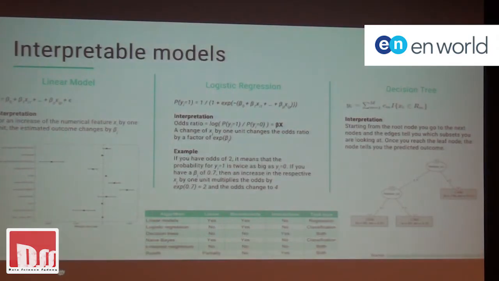Here's just a bit of a summary of some of the models that I guess you class as easily interpretable. So you'll see they have a lot of features, things like monotonicity, of course whether they're linear, and obviously whether they work for regression, classification or both. So these are the popular ones. I'm sure there are other models out there, but these are ones we're probably all fairly familiar with.